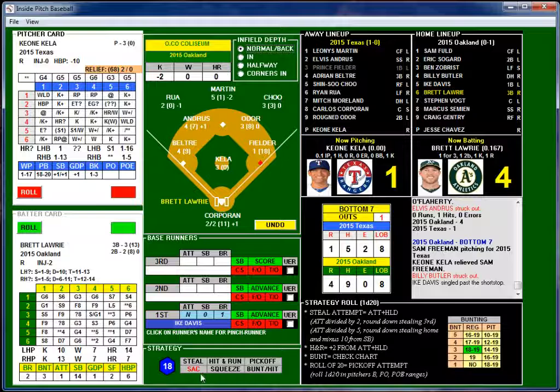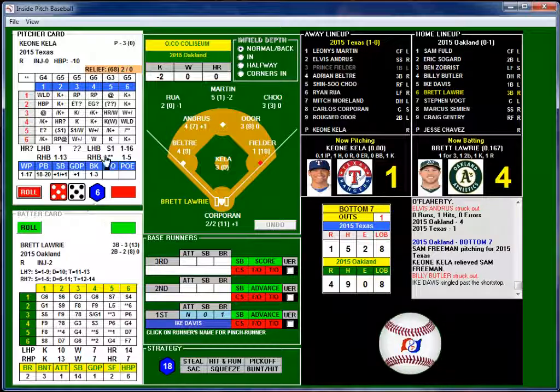One out. They want to sacrifice with Wet Lowry, huh? He's only a 3-bunter. He's 1 for 3 with a double, a strikeout, and a run. You know, I'm not gonna do that. He's only a base running a 1. I'm just gonna play it straight up. No sacrifice. I think that would be the wrong call there, being up 4 to 1. 55. Well, I guess they should have sacrificed.